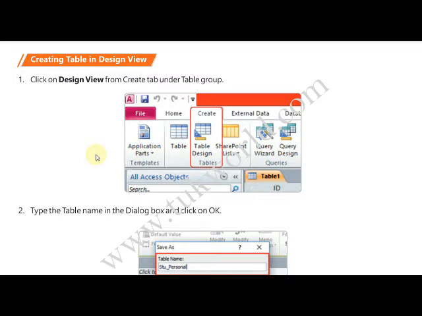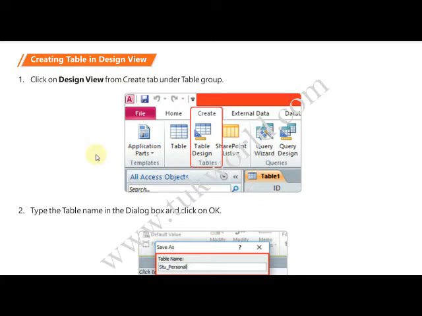What is a row? The horizontal section of a table is called a row. What is a column? The vertical section of a table is called a column. What is a cell? Cell means the intersection of a row and a column. So that is about the table. Sometimes a row is called a record and a column is called a field in a Microsoft Access database table. Now we are going to create this object in design view.